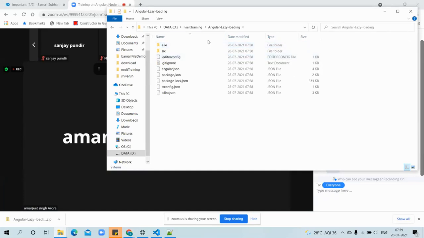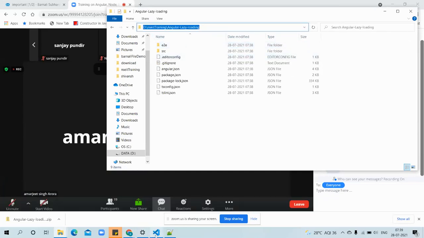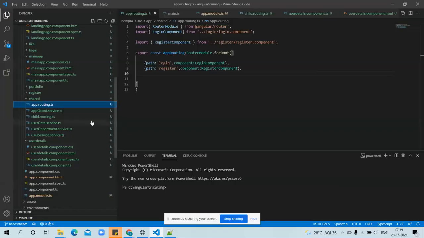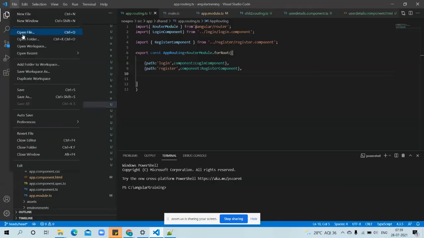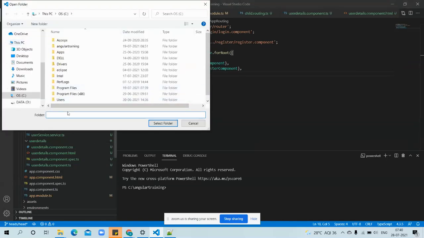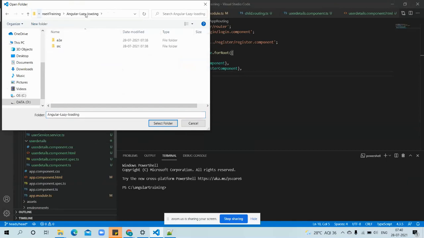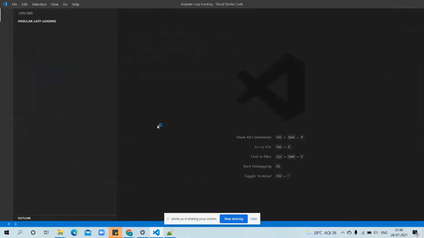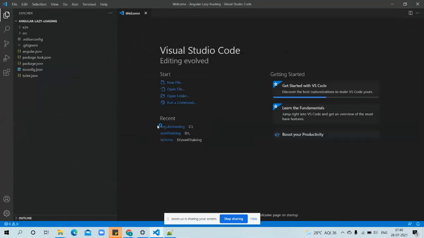Copy the URL. Go to the File menu, Open Folder, paste that URL and select folder. See, your folder is ready.